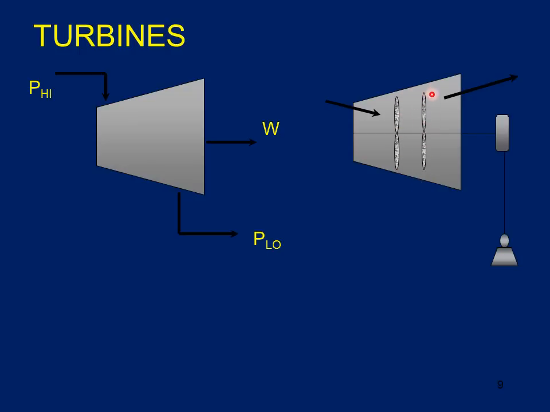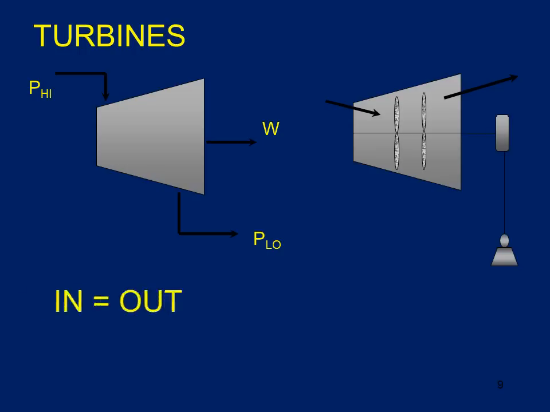Turn those blades. You've heard of wind turbines. They basically do the same thing. You go through the turbine, and the blades are spinning, and since the blades are spinning, I've created mechanical energy, rotational energy here, and that could be used to lift a weight as I've diagrammed it here. Most of the time we're either running a shaft directly to, like on an aircraft carrier, some of these turbine shafts go directly to a propeller, maybe through a gearbox, and some of them will go to a generator. So many turbines will go to an electrical generator to generate electrical power,